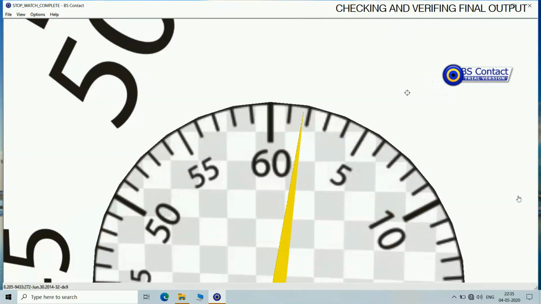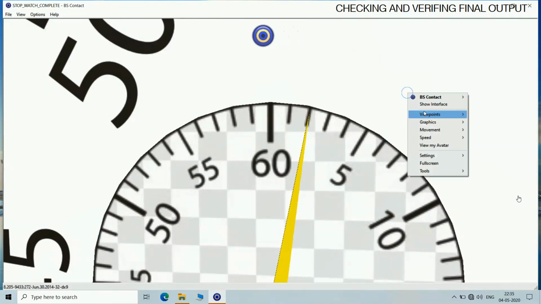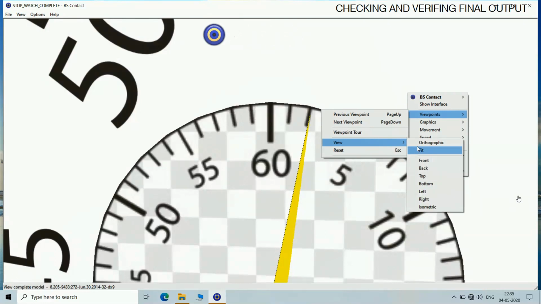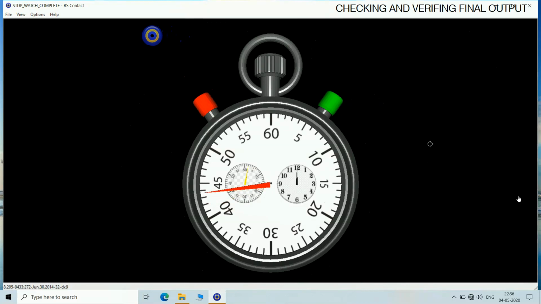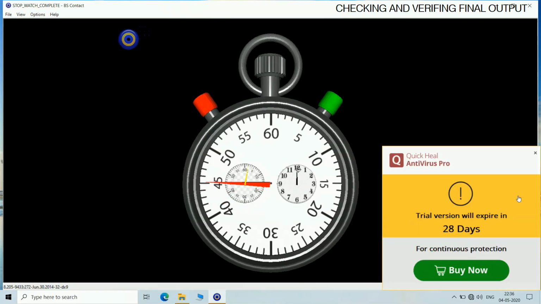There will be a problem in tracking the hour hand because hour hand movement will be very small. Here again you can see that there are some points on the edge and those points are moving and it has crossed the second minute line. So there is absolutely no problem.